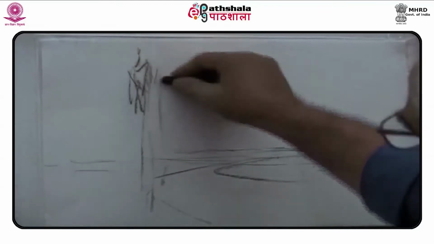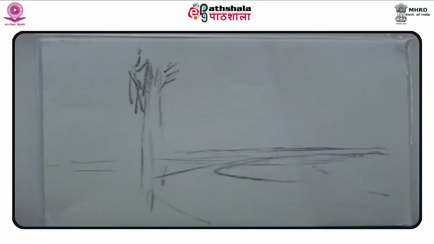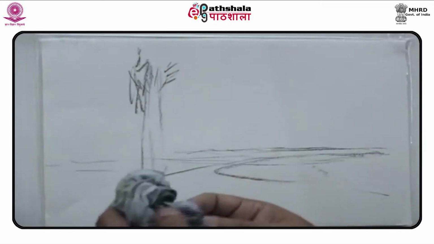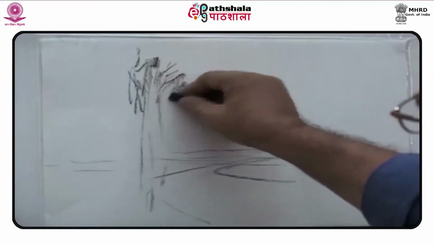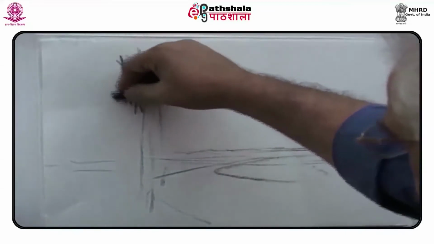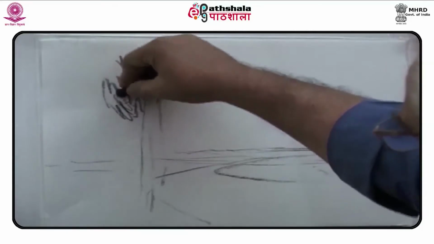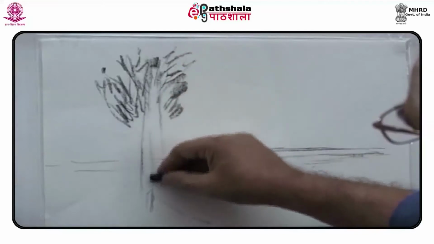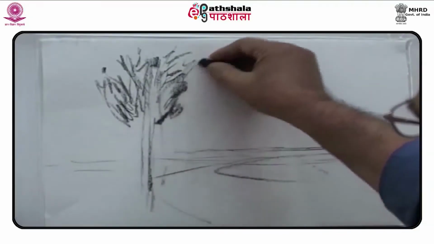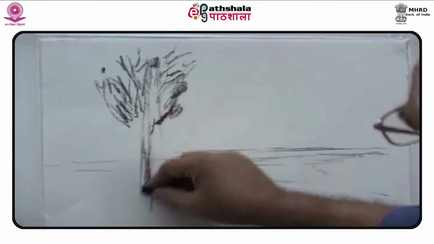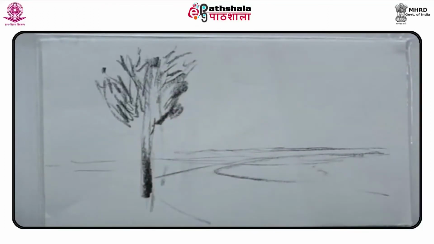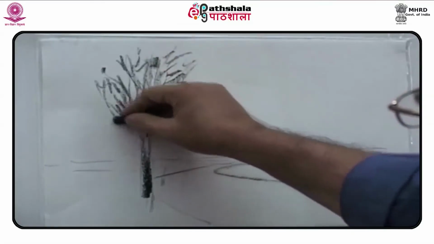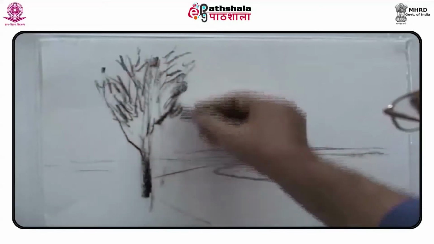Add a few strokes to indicate the tree. One can use hands to smudge the strokes or even a piece of cloth to give effects. Line suggests direction or orientation and helps in leading the spectators' eyes. An impression of movement can be attained by the flow of lines in a certain pattern or direction.